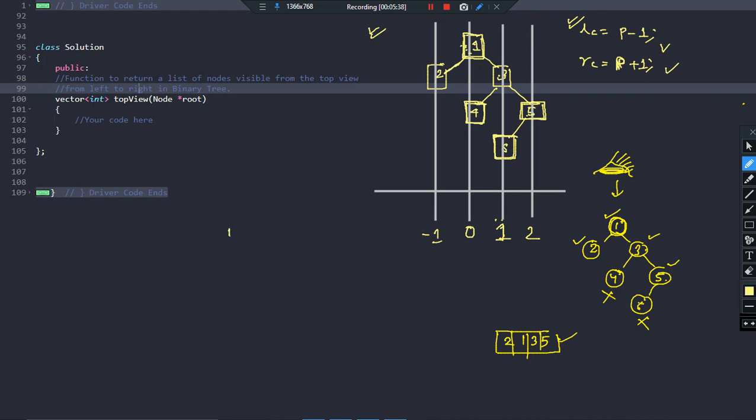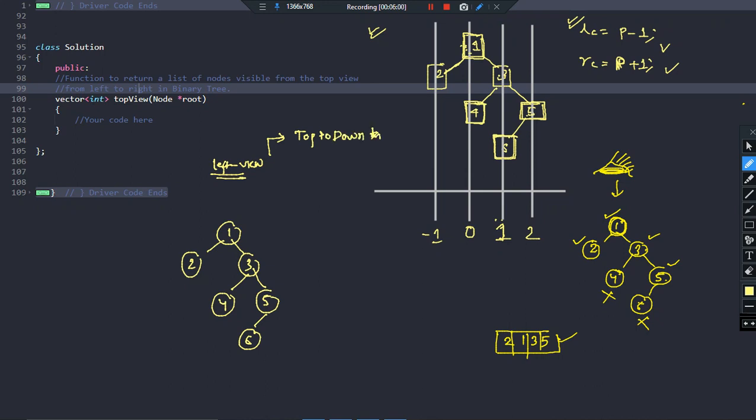So basically, if you focus on the tree, the logic that we are going to implement is similar to the left view problem. Remember the left view of a tree? What did we used to do in the left view? First of all, we should do a top to down traversal. That is, a level order traversal was being done, and then at each level, the first node should be printed, right?